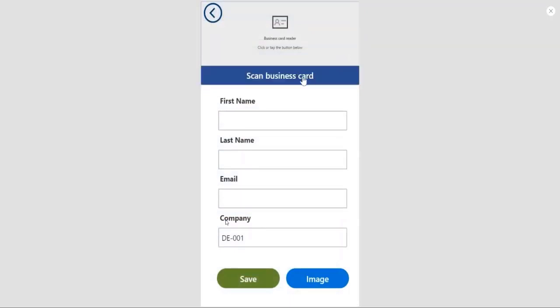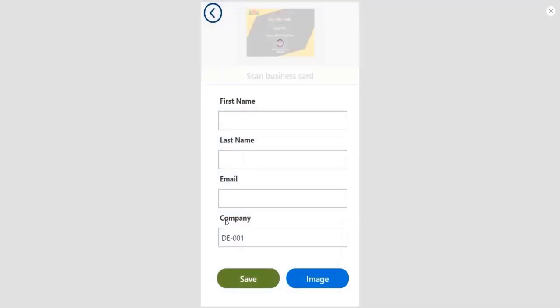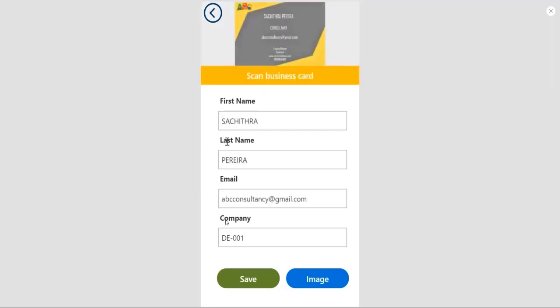So you select the correct customer, and you scan that business card. So this is an example of a business card, and then you'll capture all the data. If the capture is not that correct, in this case the last name is not correct, you can still go and edit it, and then when you save it, it will go back and run the flow,